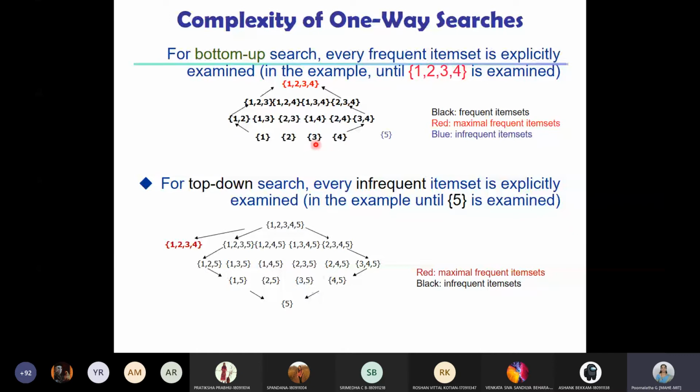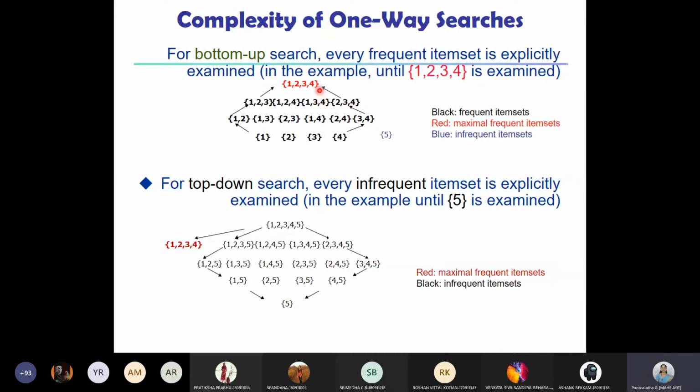So here, if 1, 2, 3, 4 is L1, using 1, 2, 3, 4 we generate this C2, that is candidate items of size 2 as shown here. Again count the support of these, then compare with the threshold, then whatever are frequent becomes our L2 and so on. So finally this 1, 2, 3, 4 is a frequent item set, a maximal frequent item set. This is by using the bottom up search.